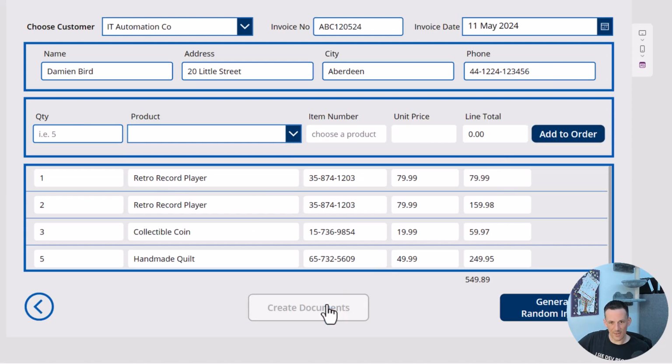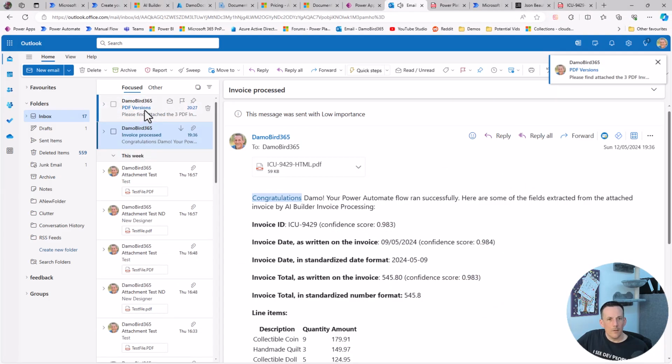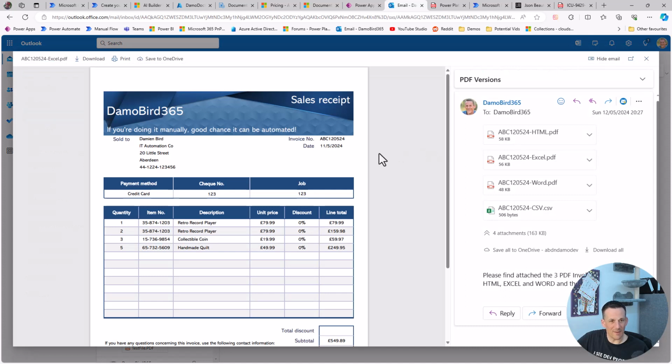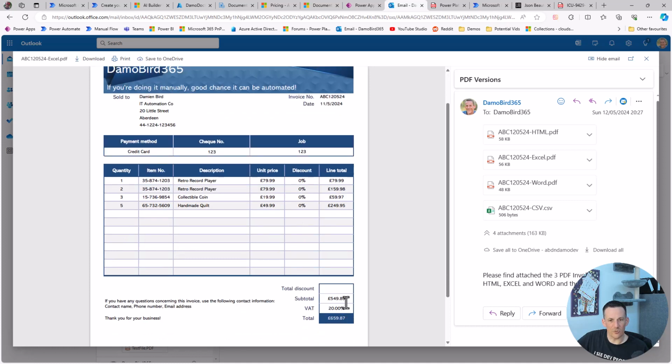So if I click on Create Documents, that triggers a flow, and shortly I'll get an email with various attachments, and we can save that and then upload that into our model as if we were now processing the invoice rather than generating the invoice. Jumping over into my email, we now have the PDF versions that have come through. I'll select the Excel PDF version, and we can see there the 4 different lines in the invoice that's just been generated and the total, which was